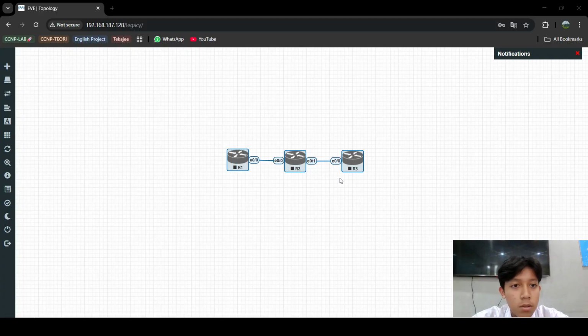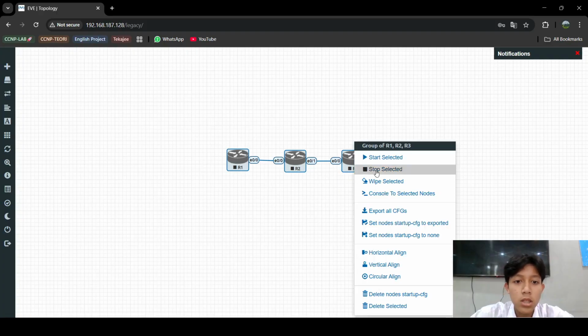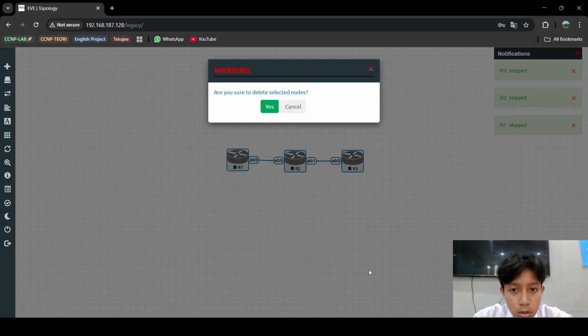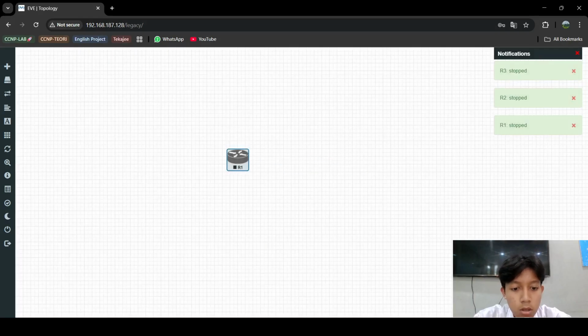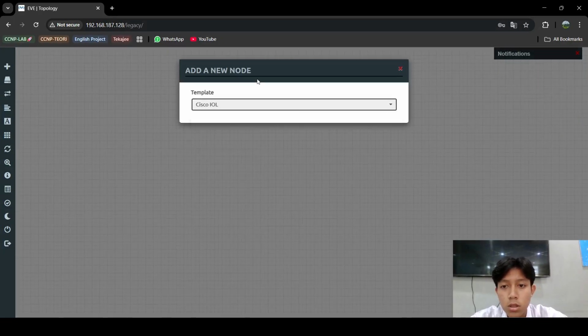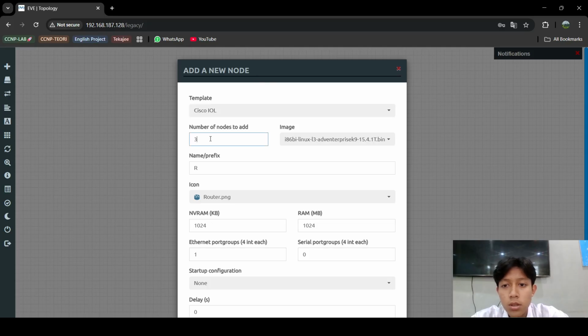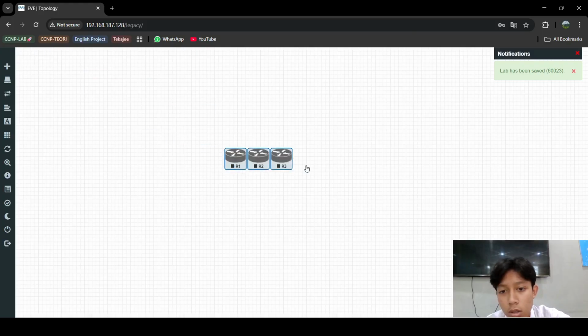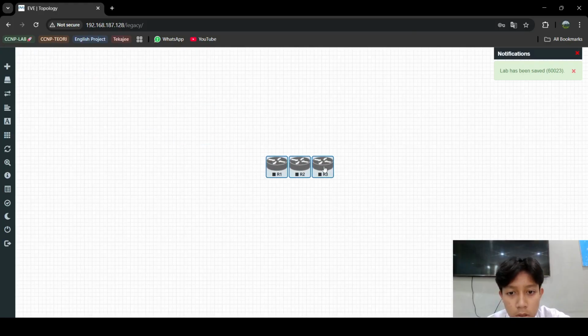So, the first thing, you can make the topology first. You can add three routers and add object node. You can add the Cisco IOU. Make sure you already add the Cisco IOU image before you watch this video.